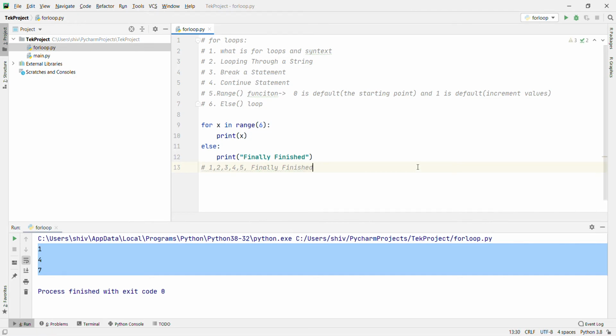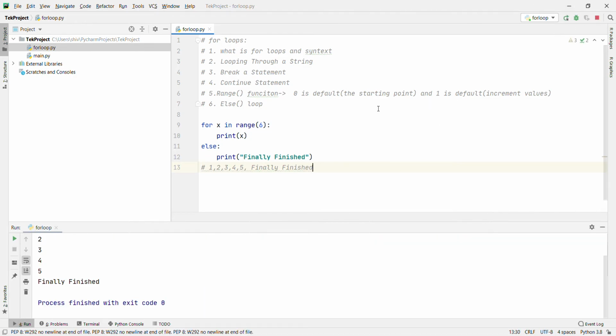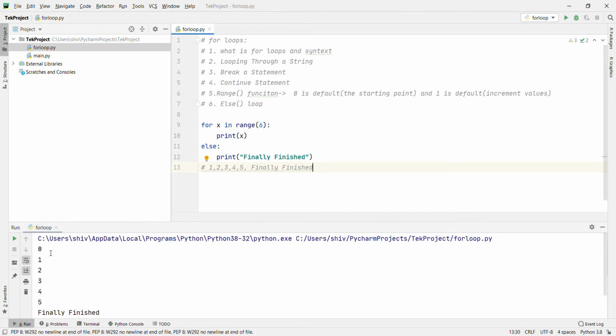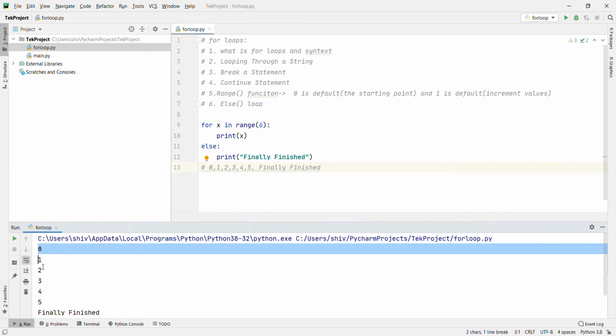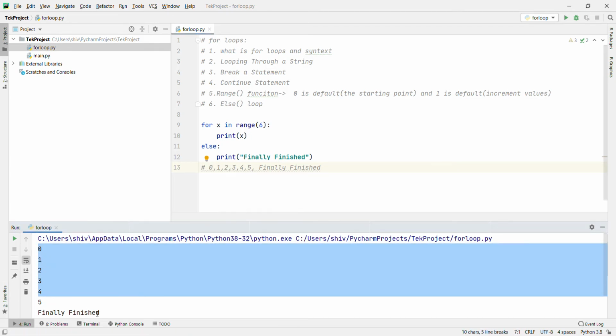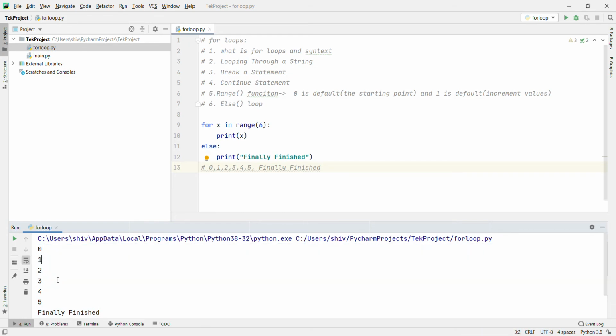Let's run it. Right, 0 is the default here, I missed that. 0, 1, 2, 3, 4, 5, and then finally finished. Right, that is clear now.